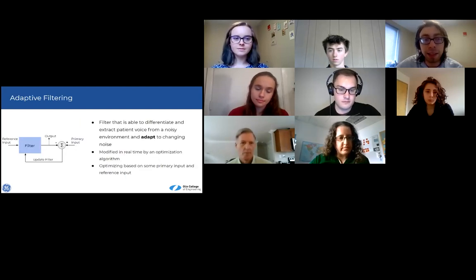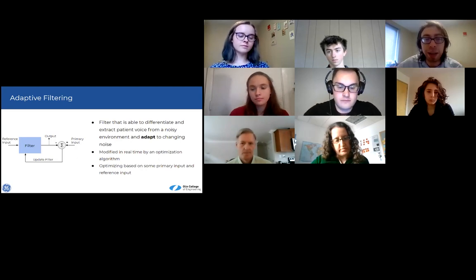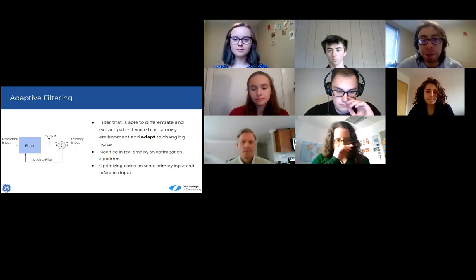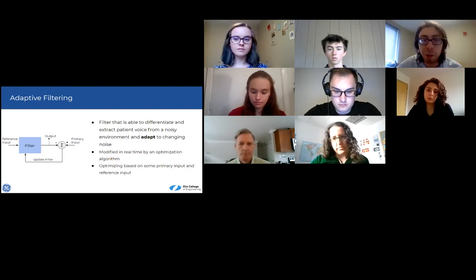Regarding the noise cancellation, we decided to go forward with an adaptive filter. An adaptive filter is essentially a filter that is able to differentiate between the patient voice and the noisy environment in which the patient is being scanned. And most importantly, it is able to adapt to the environment and continuously cancel out noise as it changes. For example, the patient might be moving around. The gantry itself might be making a few different noises. There might be people walking around in the background, and an adaptive filter is able to change and continuously cancel